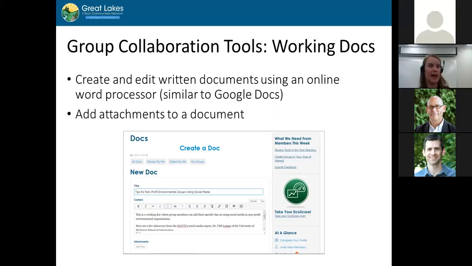So let's say Ken, who's in the room with me here, and I are collaborating on the GLCCN, and we're posting a document about tips for social media use for environmental nonprofit groups. In this instance, let's say I'm making some edits to the document. Ken also wants to put in some edits. I have to save my edits before he'll be able to access those. So it's not quite live like it is in Google Docs, but one benefit, as Ken had pointed out earlier,